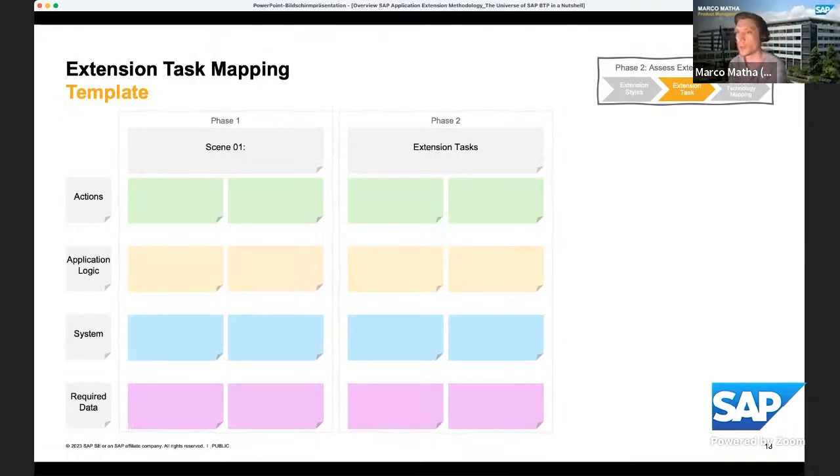Also for this phase, we have certain templates which you can use, like the extension task mapping template, where we see on the left-hand side our scene description from phase 1, and in the middle we see our extension task from phase 2, and we need to map it. Through this mapping, we start the translation from the business requirement